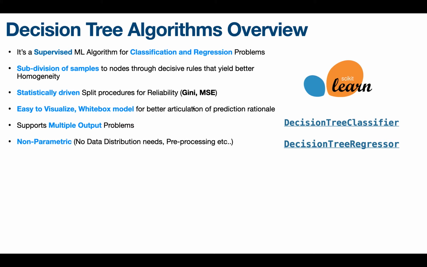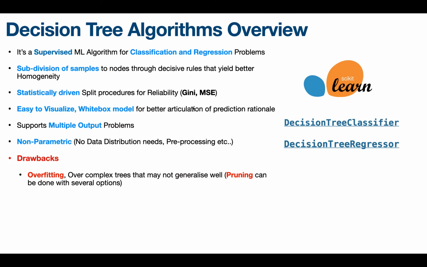This is non-parametric. What it really means is, it doesn't expect the data to be in a particular distribution, like the input should be normally distributed, or that we have to scale the data like we do in linear regression. So that sort of pre-processing and data distribution assumptions are not quite there. In that sense, it's actually a simpler algorithm to get started with and to quickly build models. So that's about being non-parametric.